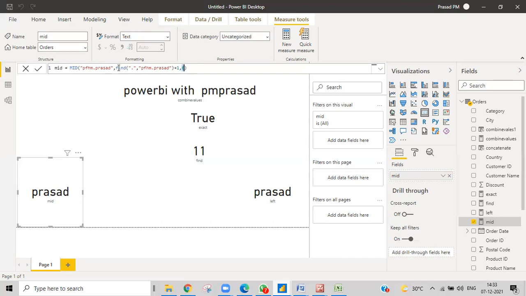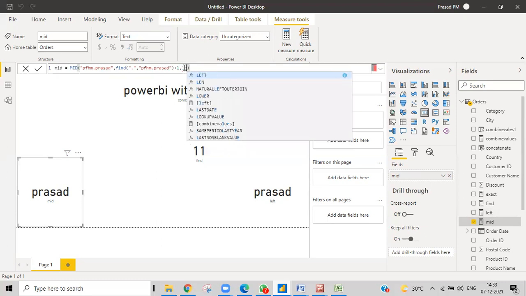Again, in the earlier time, how we did it: length of that particular string minus the find position. So obviously we'll get that, right? The earlier thing we made was length minus 1. Length minus the find position.